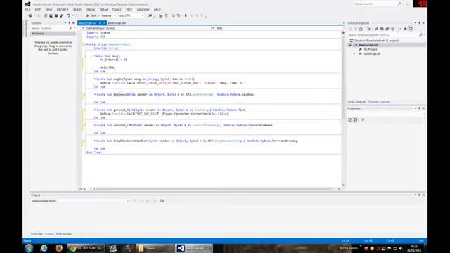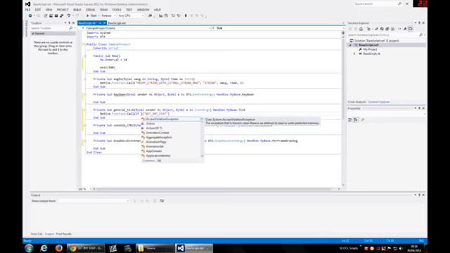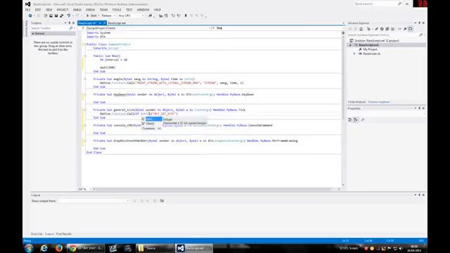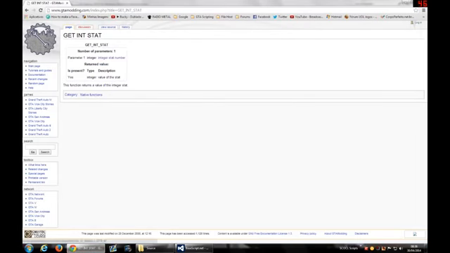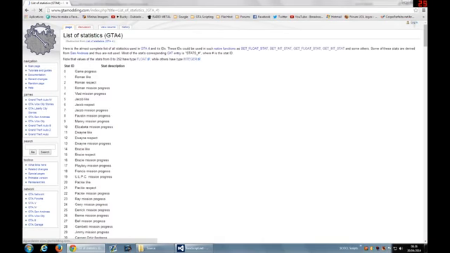This is what you need to do here. Let's write this here. We need to put the type of the return between the call and the method. It's of the type integer. Now the parameter that we use is this one here. It's only one parameter. It's what stat we need.